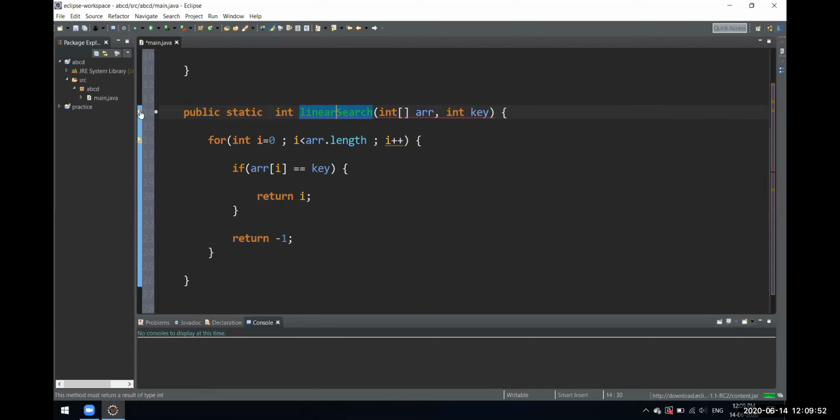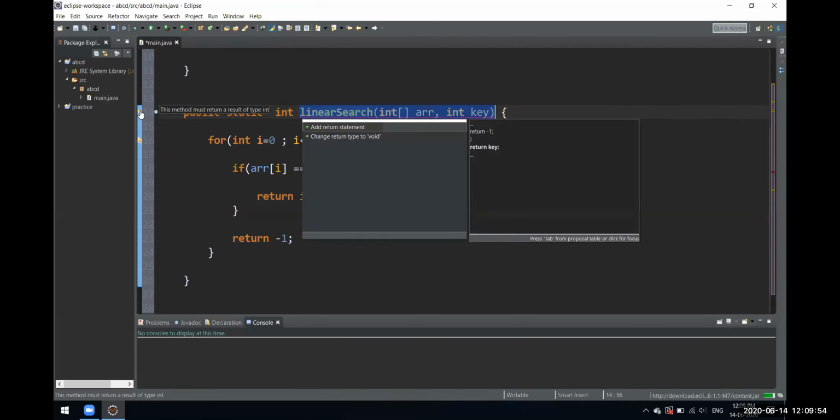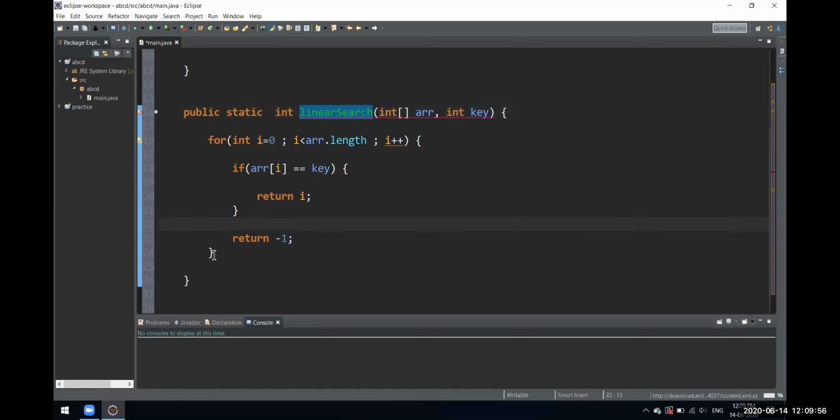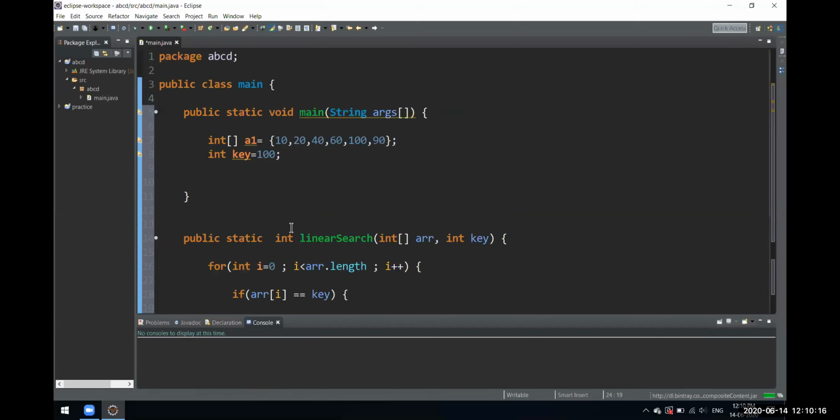It is throwing an error. We have to write this return outside the for loop; we had been returning it inside it. Yeah, now the error is gone. So we'll go inside the main function and just call this function and see how it works.